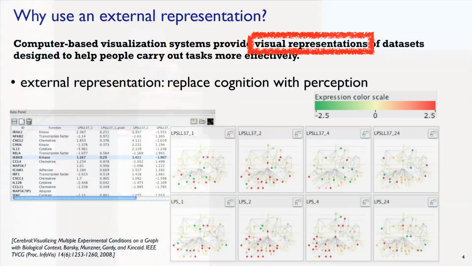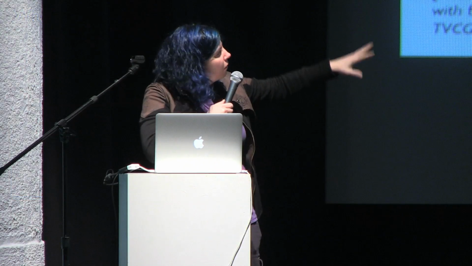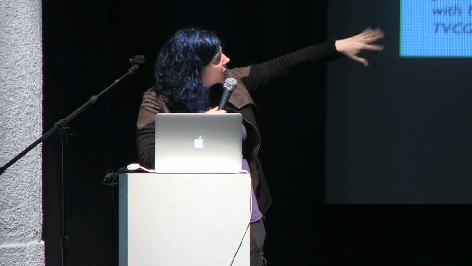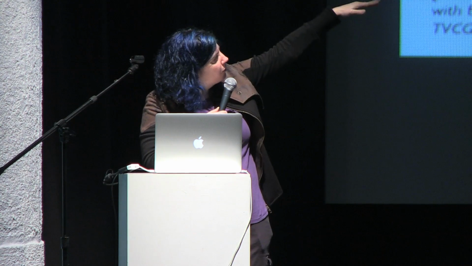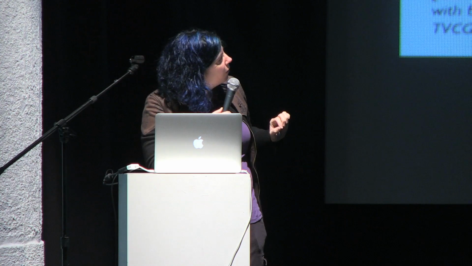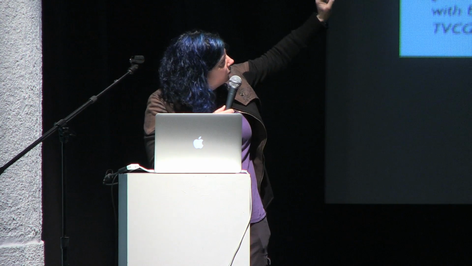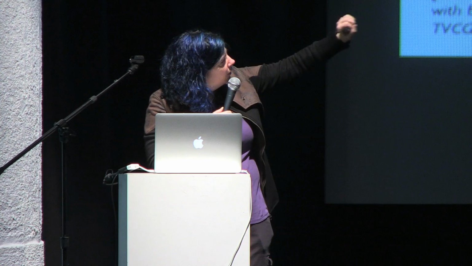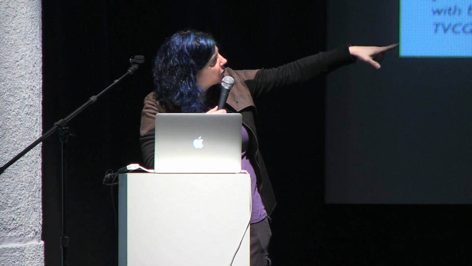space. If instead I encode this data visually, in this case I've actually done a color coding using a diverging red-green color scale, then suddenly you can start to see, oh, this happens to be gene expression levels over time. On the top, it's one condition. On the bottom, it's another condition about whether it got treated by a particular drug. And what you can notice is as you go along, the left pairs are pretty similar. Then they're also pretty similar. And then in that third time step, we see quite a divergence where there's more green on top and more red on the bottom. And we can start to say, oh, that experimental treatment actually affected the behavior of these